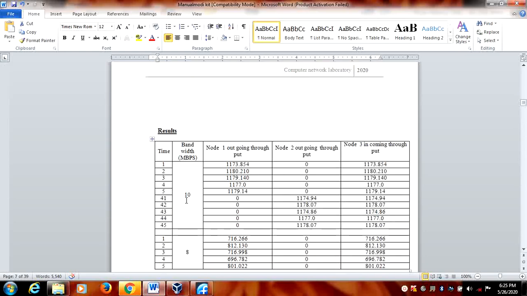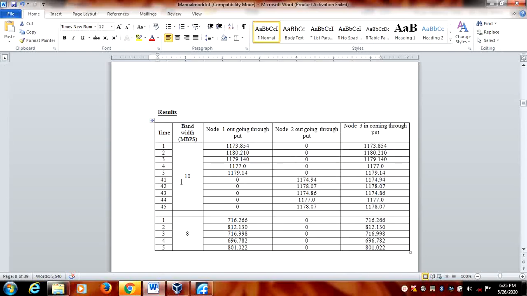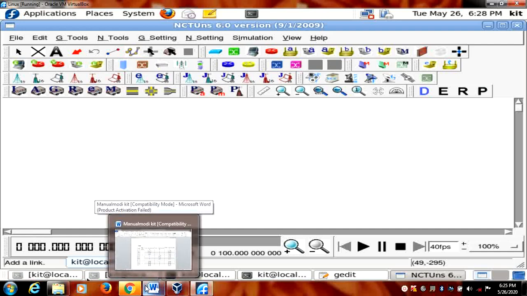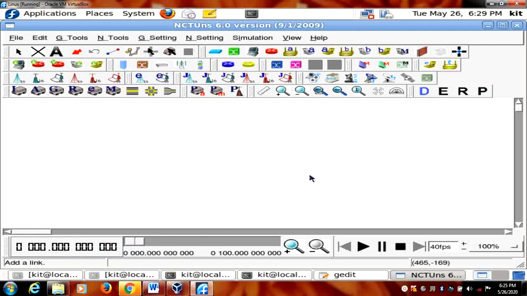So I need to calculate the throughput. Throughput also same thing. First I am going to calculate for the bandwidth of the 10 Mbps. For that one I am calculating the throughput as well as the N2 throughput. I am combining in N3 and changing the bandwidth to 8 and I am taking the same result. Let me check how to get that output. So initially we have steps we have to follow. For every program we need to follow like that. I think everyone is familiar how to go through that.